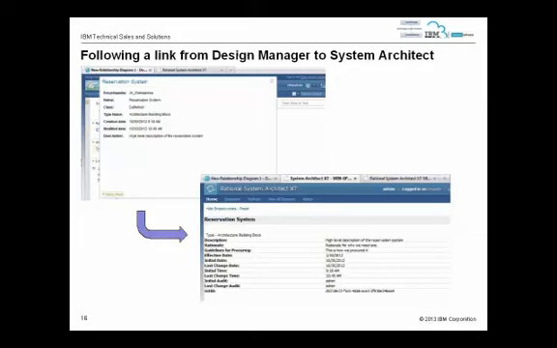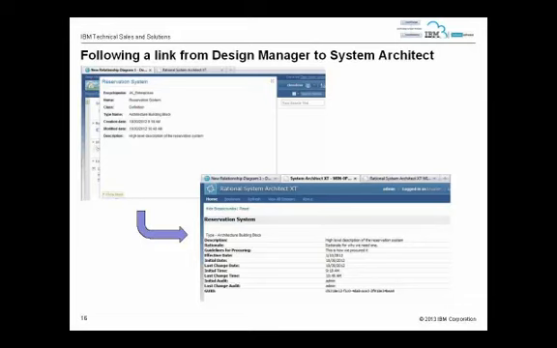And then likewise from Design Manager, I'm going to get my rich hover. If I come across something that's got a link, I can see some summary information about that, which is being supplied by System Architect, and then effectively I can click a link and jump across and start to see the detail of that thing, in the web, using System Architect XT. So again, this means as a software architect, I don't need to have System Architect installed in order to consume the enterprise architecture. I can very quickly follow a link. I can see the information I need to see in the web. I could potentially see any other related information from that point,